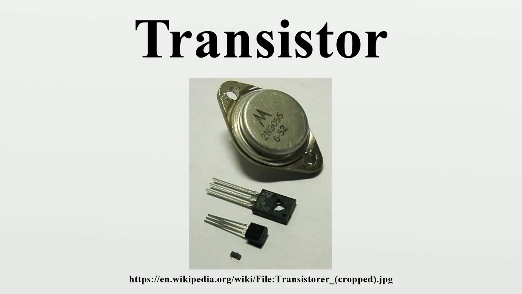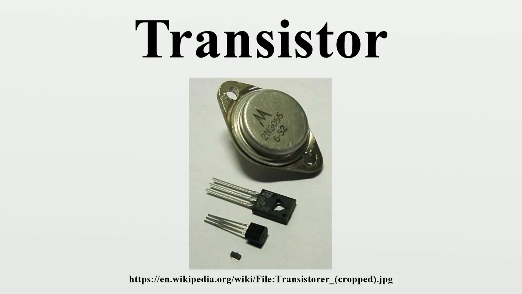Simplified operation. The essential usefulness of a transistor comes from its ability to use a small signal applied between one pair of its terminals to control a much larger signal at another pair of terminals. This property is called gain. It can produce a stronger output signal, a voltage or current, which is proportional to a weaker input signal, that is, it can act as an amplifier. Alternatively, the transistor can be used to turn current on or off in a circuit as an electrically controlled switch, where the amount of current is determined by other circuit elements.